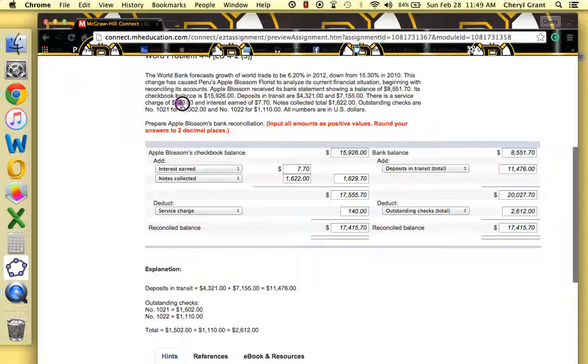Service charge of $140. That goes on Apple Blossom's side. Any fees or interest goes on Apple Blossom's checkbook balance. So since that's a deduction, I have to put the service charge here. And I put $140 here for the service charge. They earned interest of $7.70. That's an addition. They get that interest that's added to their account. So that goes under here. I choose interest earned,